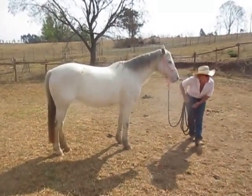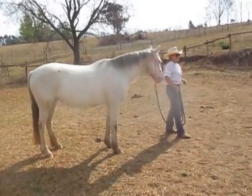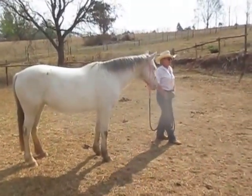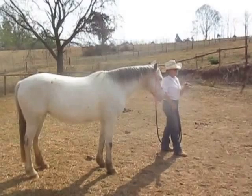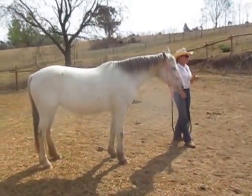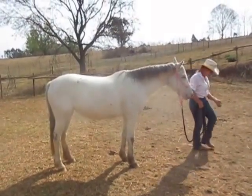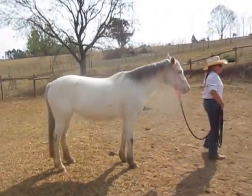If you think about what horses do disengaging each other in the wild, the grumpy mare, probably his mother, did this to him. "You better look at me." And he'd go, "Oh, sorry Mom, what would you like?" So in turn he learned to respect his mom because Mom would follow through with that. That's one of the first things you can do with a horse that you're not familiar with: go work that disengagement. Get two eyes and two ears, get a correct step of disengagement, and before you know it, that